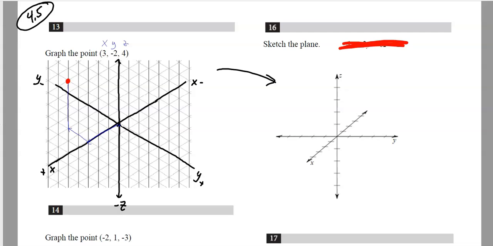But if I was doing this over here to the right, basically it's harder because what I would have to do is I would have to say, all right, I'm going to come 3 in the x direction. And now when I went 2 in the negative y, I got to kind of try to make sure that I'm parallel to this line and equal distance to that line, which is kind of hard because it's going to put me somewhere over in here, somewhere over in that area. All right. And then I need to go up 5, or actually 4. So however long that line is, I need to go that exact same length, and I need to translate it straight up,